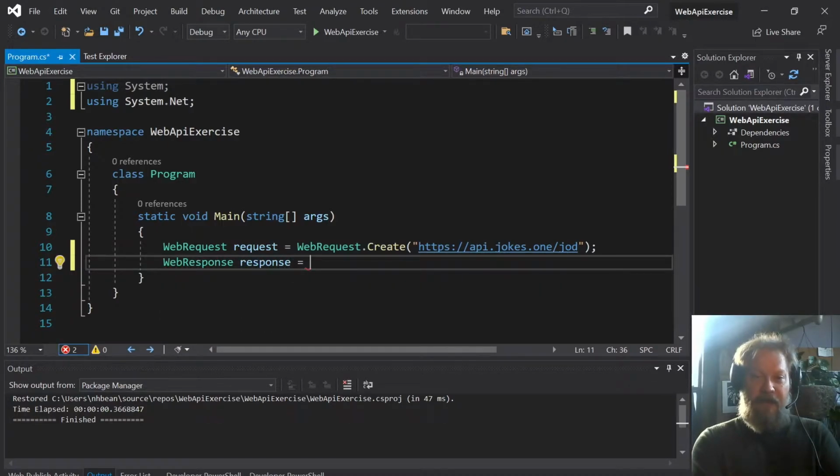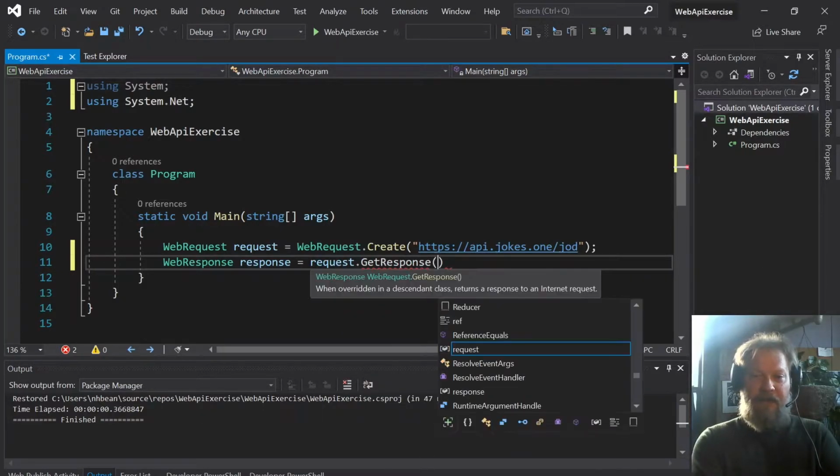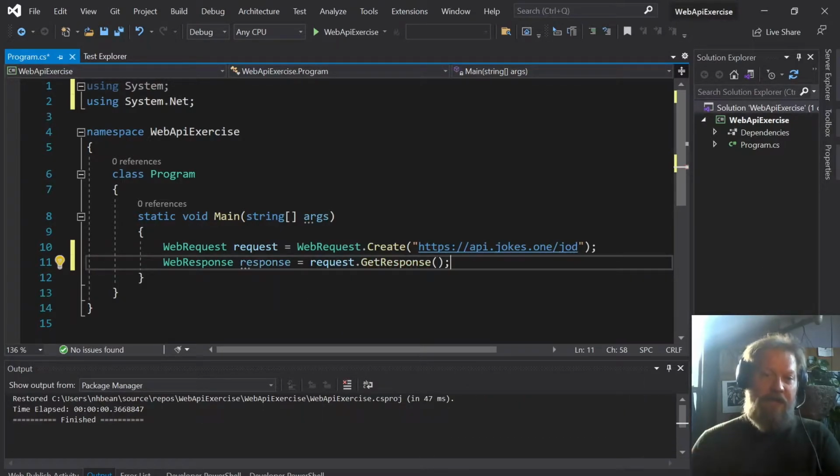And we get that by, again, sending this request. So we'll say request.GetResponse to send our stream of data to the server, which is going to hopefully respond to us and send data back, which is going to populate this response object. Now that data coming in is going to be a stream,